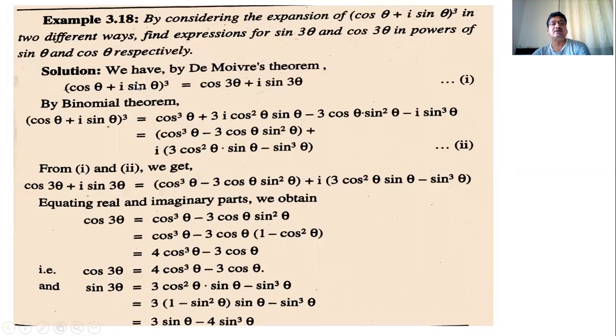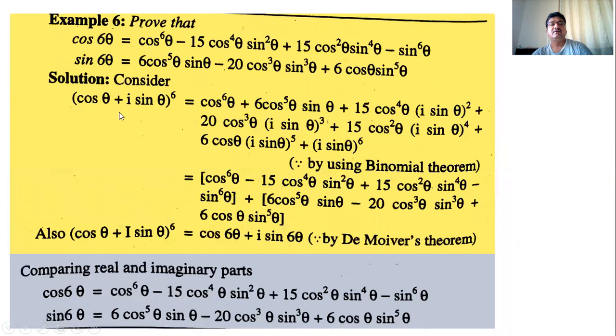That is, expand cos theta plus i sin theta raised to 6 in 2 different ways. For this problem, find cos theta plus i sin theta raised to 6 in 2 different ways, and we have the expressions for cos 6 theta and sin 6 theta. So cos theta plus i sin theta raised to 6, by using the binomial theorem, what do we have? We have a total of